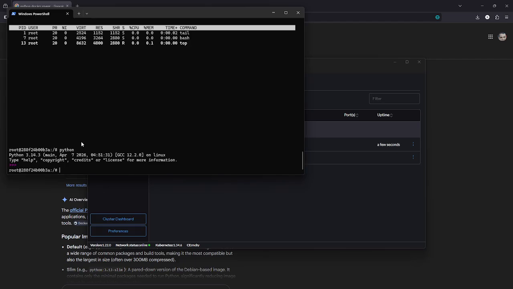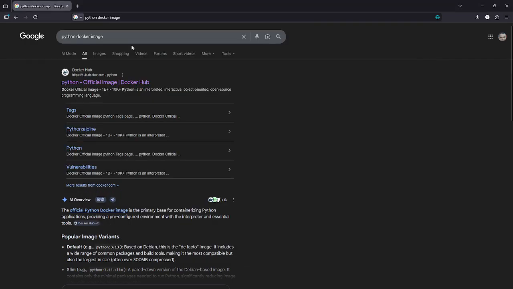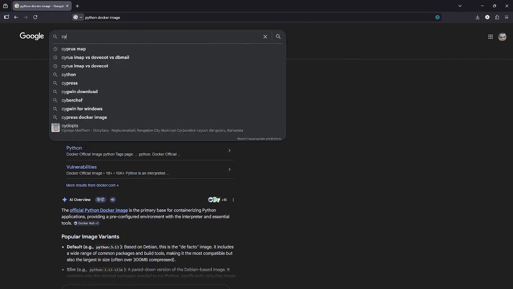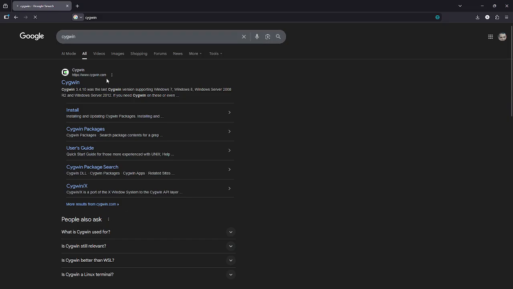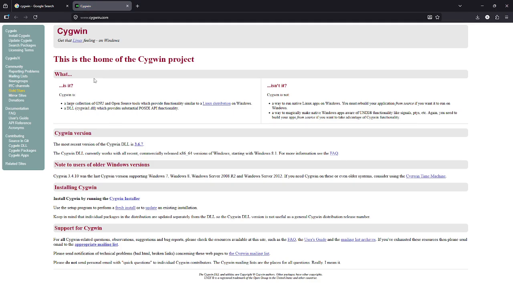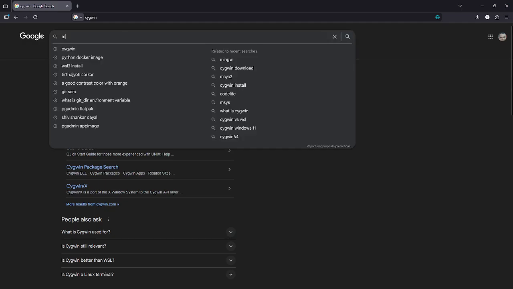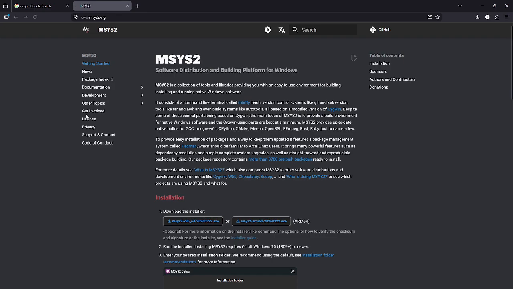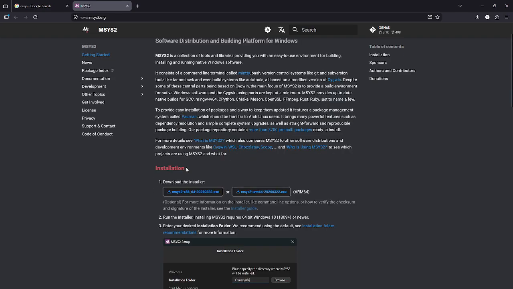There are many more ways also. For example, I'll show you two more ways. One of the ways is that you use Cygwin. Once you install Cygwin, Python will get installed. That is one way. Another way could be using MSys. MSys is Cygwin-like, so you can install MSys, and this will also install Python, or you can use